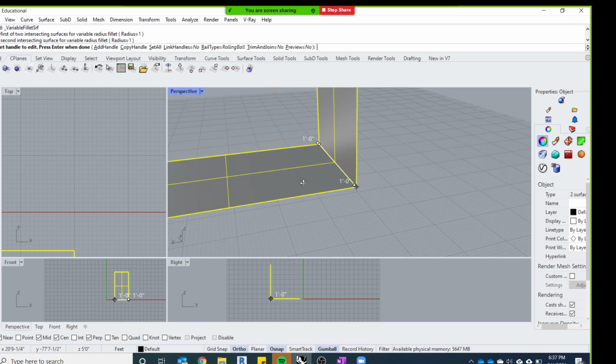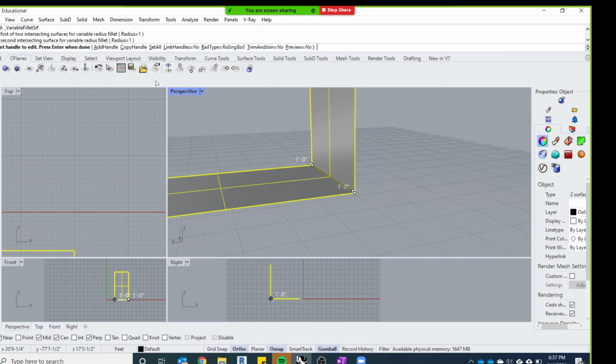It's going to start at 1 foot because that's where my radius was up here, but I can start to stretch this radius out. And I can choose a different radius for this side, and when I hit enter or right click, it